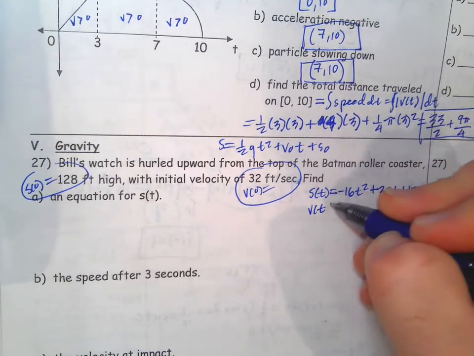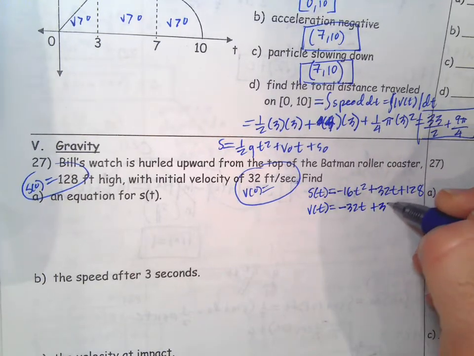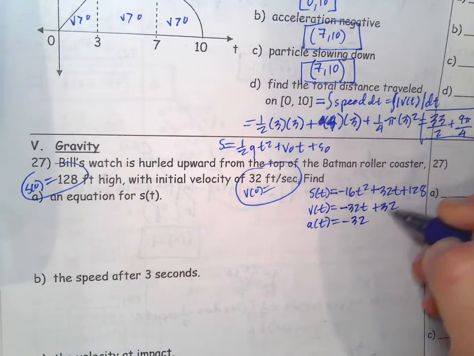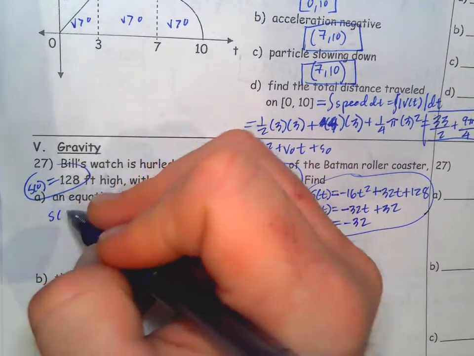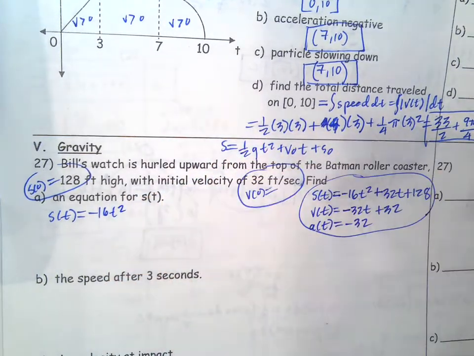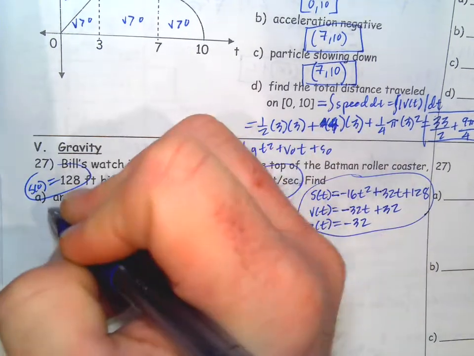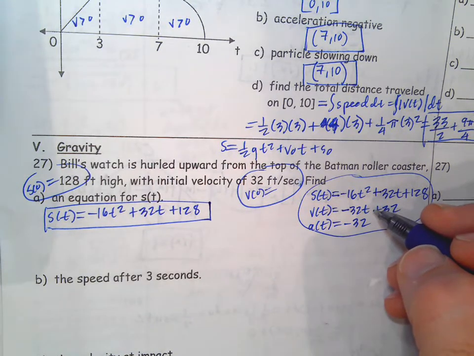Our velocity equation is just quickly the derivative of this, negative 32t plus 32, and then our acceleration is just the derivative of that, and we should get negative 32. It's just a gravity problem. So those are all three of our equations. So we have the equation for s of t, negative 16 t squared plus 32t plus 128. And then we should probably go and find the other things like